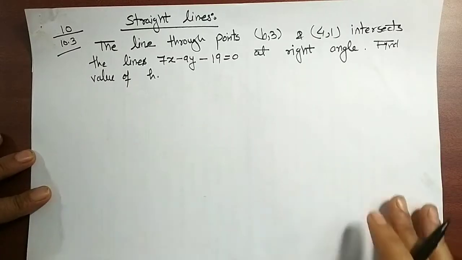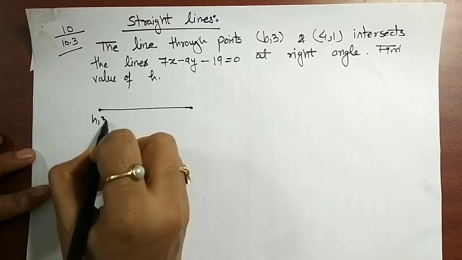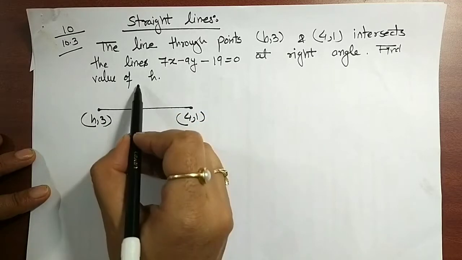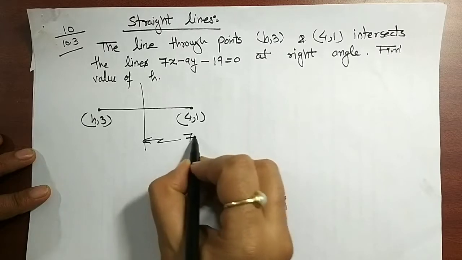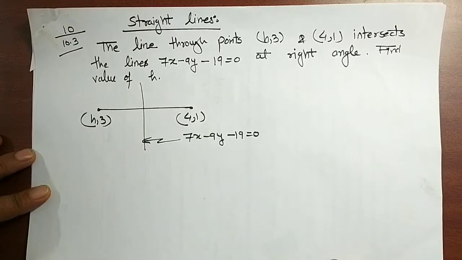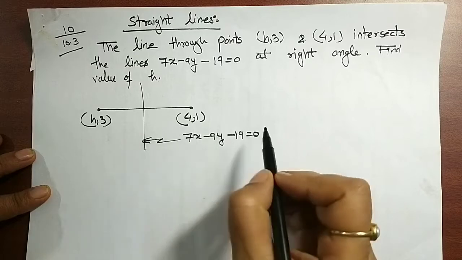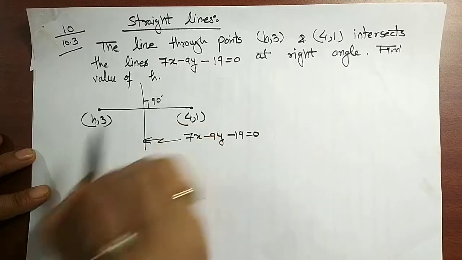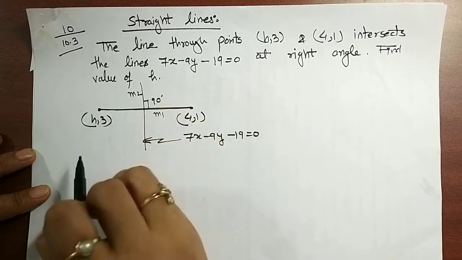So they have given there is some line which is passing through (h, 3) and (4, 1), and this line is perpendicular to this line. Suppose the equation of this line is given as 7x minus 9y minus 19 is 0. So we have to find out the value of h. So we know the condition, if two lines are perpendicular, the slope of this line m1 and slope of this line m2, then